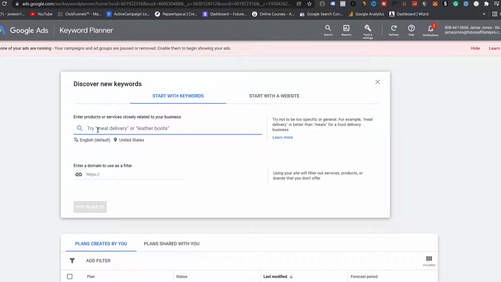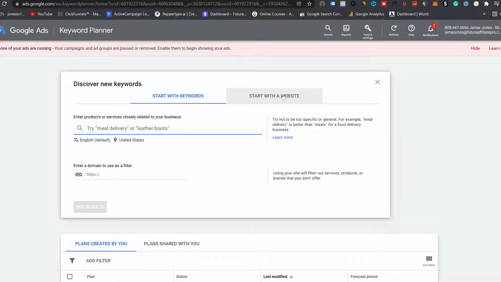Now, I've created a blog specifically for this course called the Go Green Method, which is going to be more or less about sustainable products in a variety of niches, but it's all going to be the eco-friendly, sustainable products that people are after. Okay, so this is where you will try to do your keyword research.